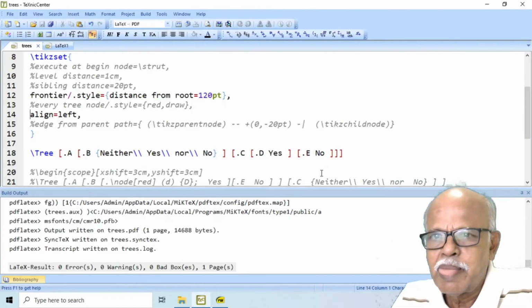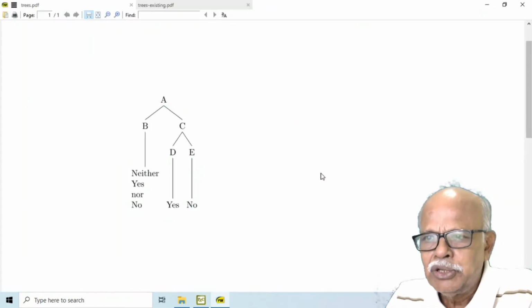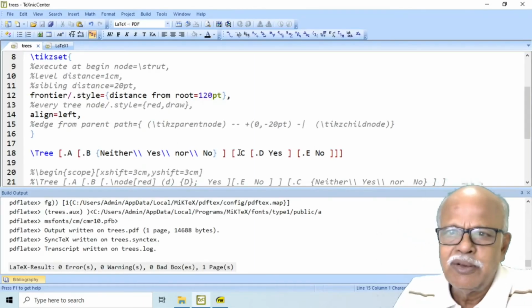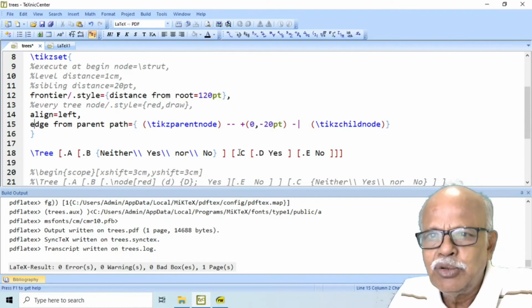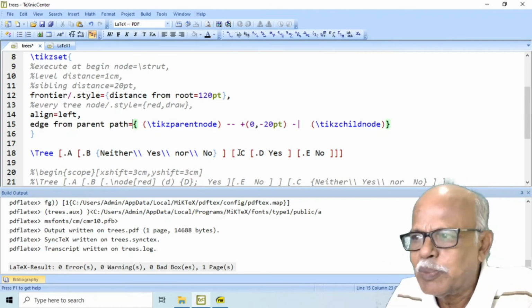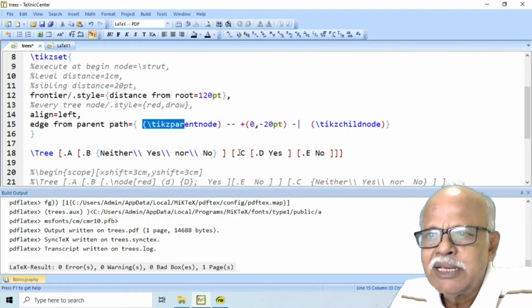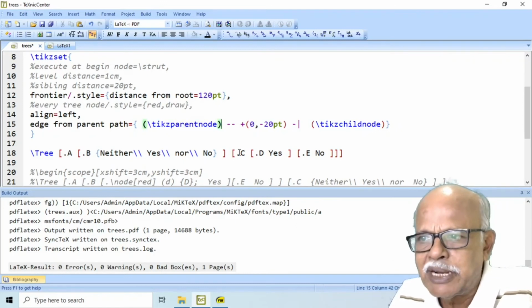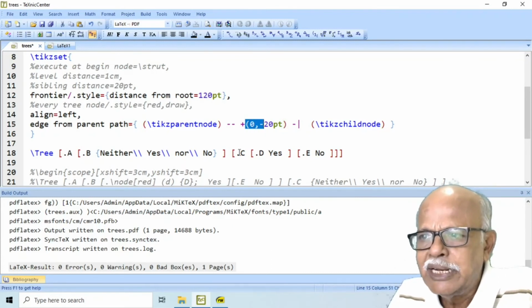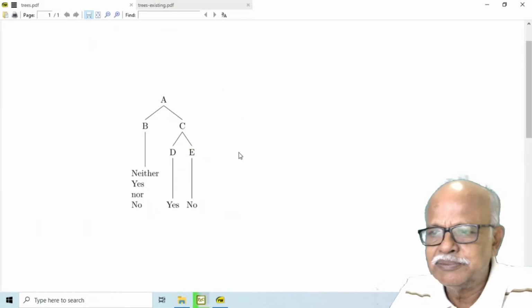Now, suppose you don't want to have a V-shaped branching. What you can do is, you can say edge from parent path, curly brace open close, within which starting from TikZ's parent node up to TikZ's child node, we have to draw a line. Initially it will be like this, and then we will use relative coordinates like this.